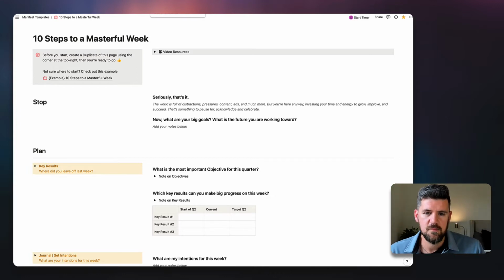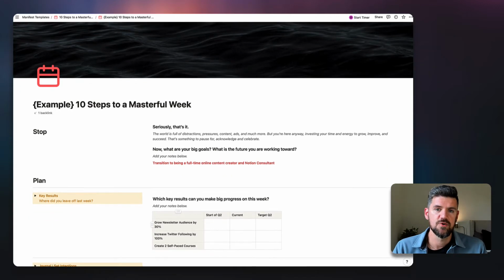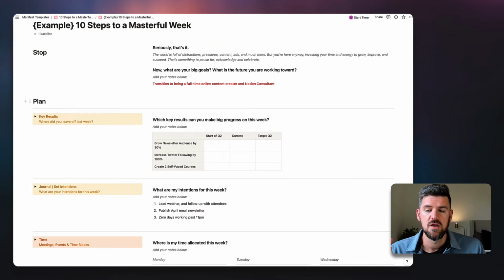So when we think about, and there's an example in here that you can take a look at, for example, personally transitioning to a full-time Notion consultant and a content creator. So background on me, I also work in education. I work with high school students teaching computer science. So balancing that with consulting, creating content, and family does require systems where I can block out what time am I allocating to each area, and how does that shift based on key dates or deadlines.